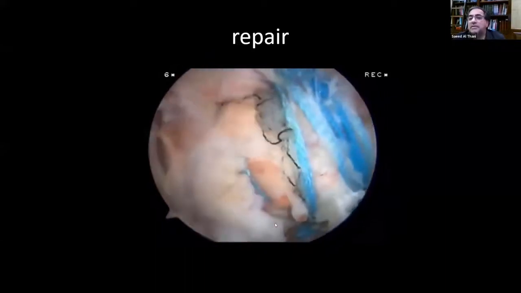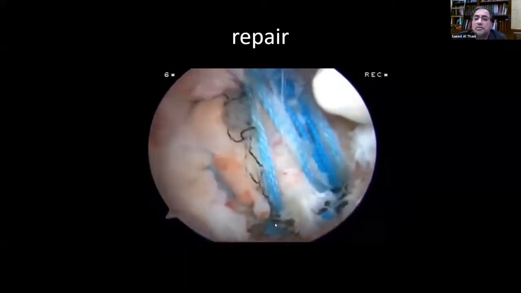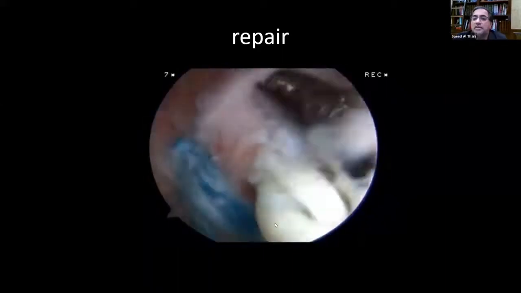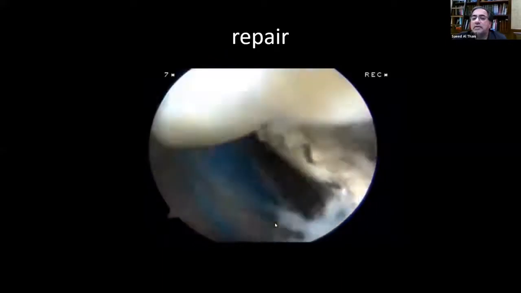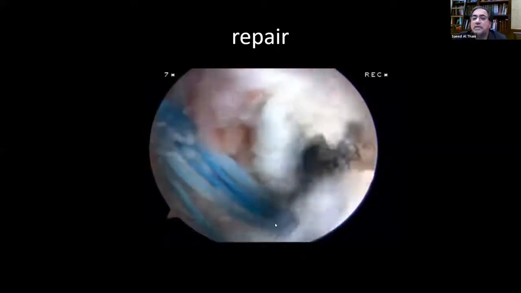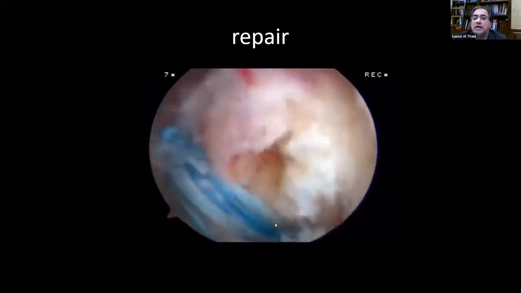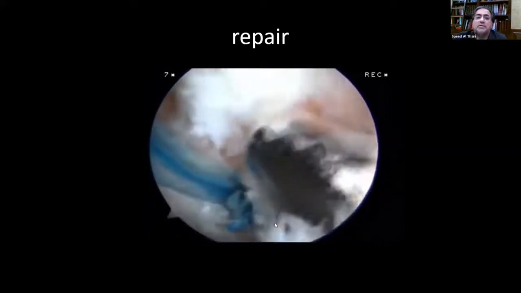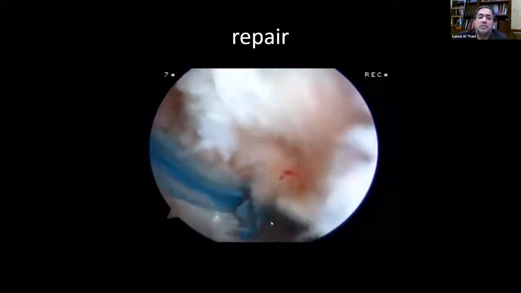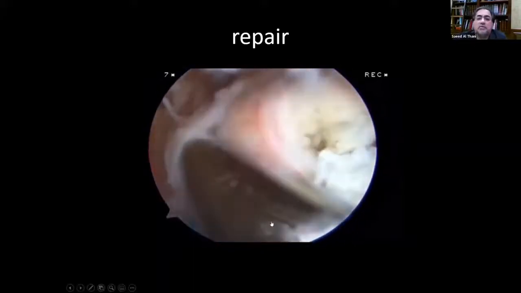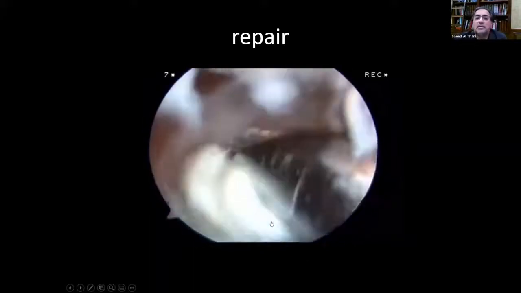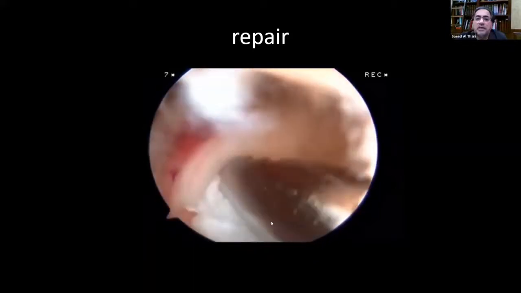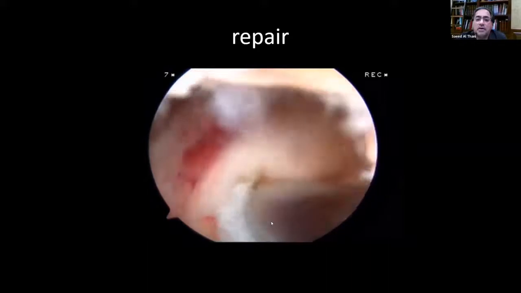And the next step was to fix the anterior part of the cuff. You can see the tear in the supraspinatus, and it was very clear now once we repaired it at the back. And we did the same, double row fixation as well. As you see, this is a young guy, double row. We need to minimize any risk of re-tear,